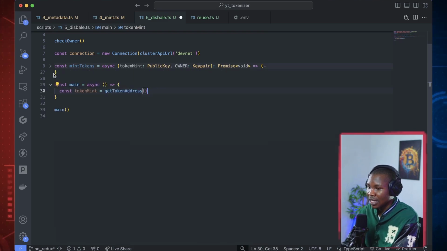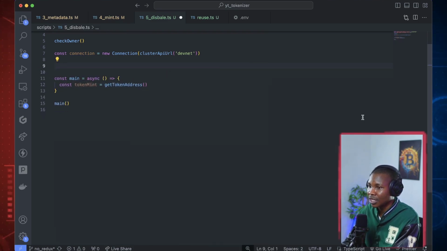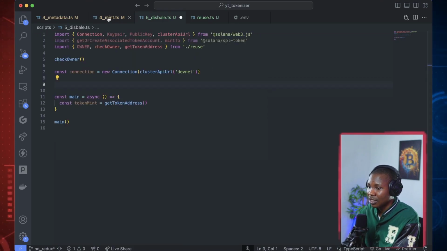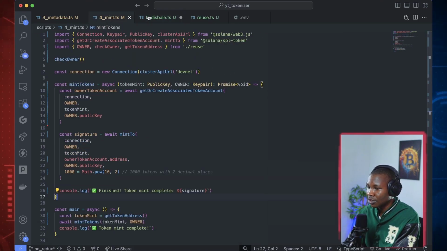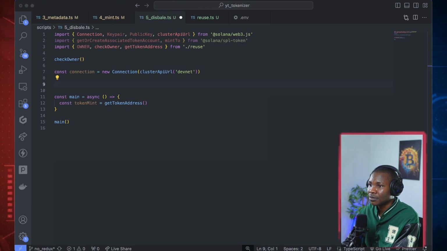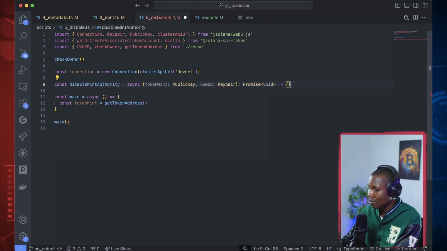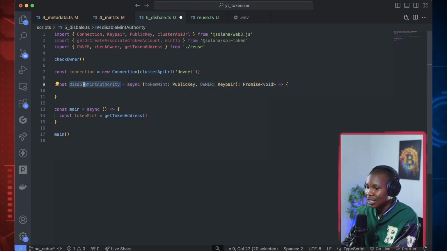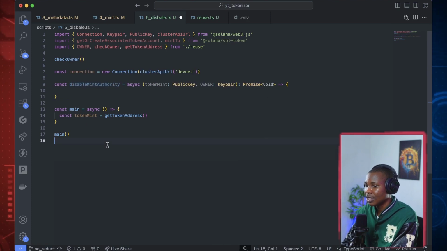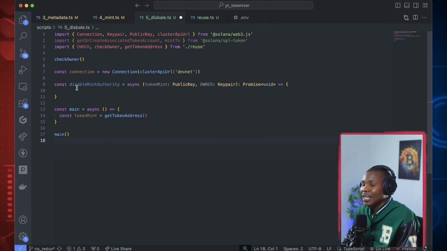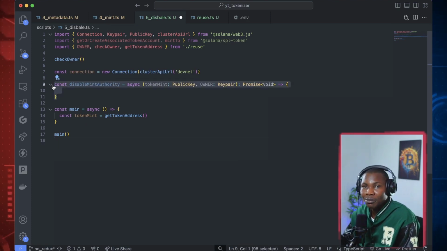Now I will need to remove this function altogether because it's not needed. Okay, everything is all good here. So we're going to create another function, simply call it disable mint authority. Now these things that I'm doing are very important for people to trust your